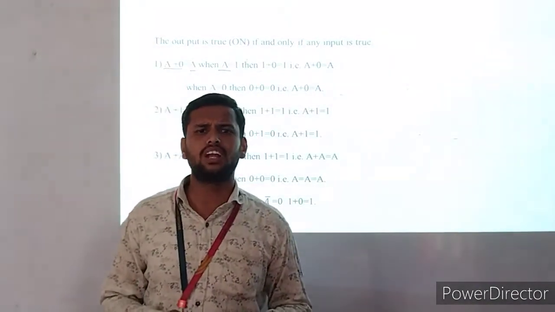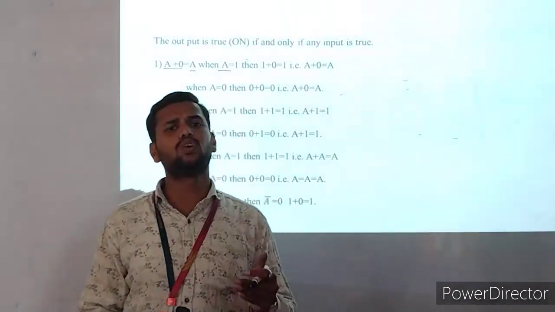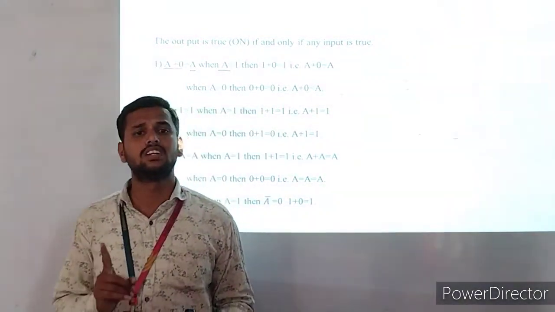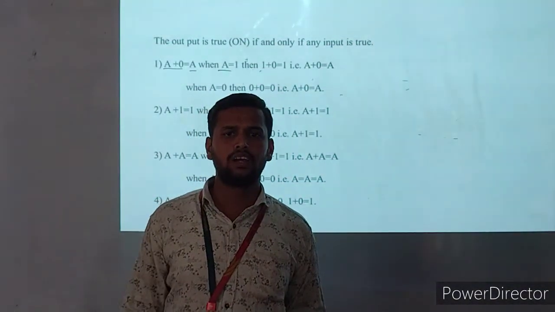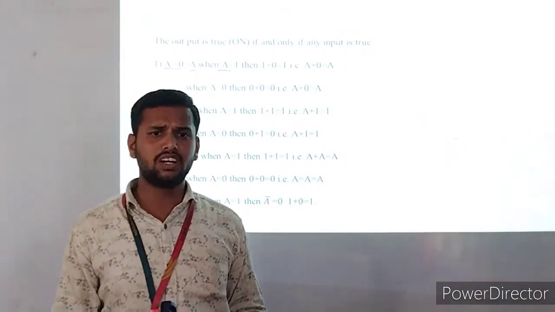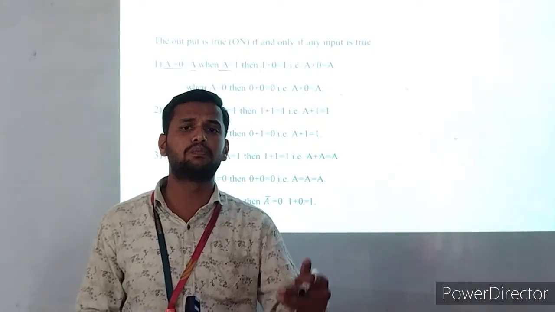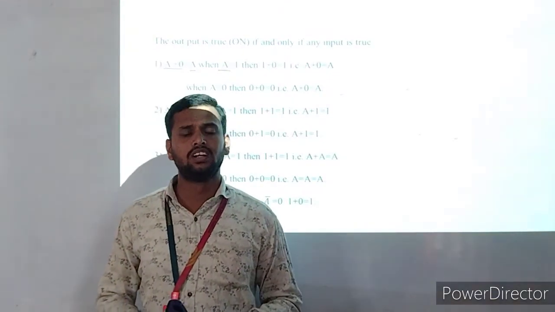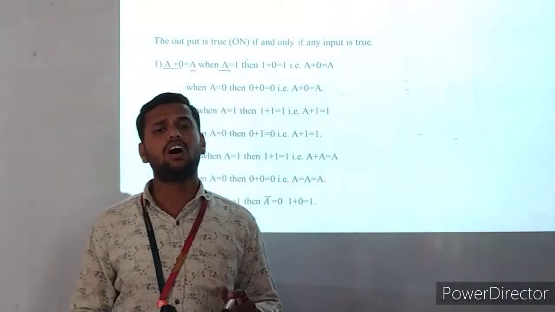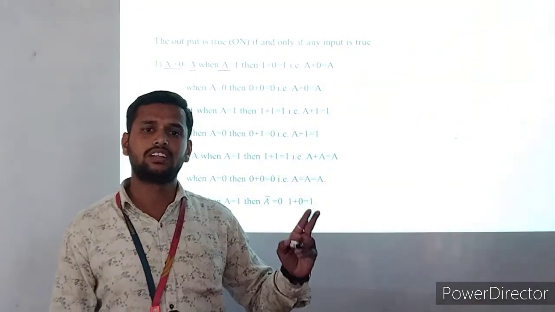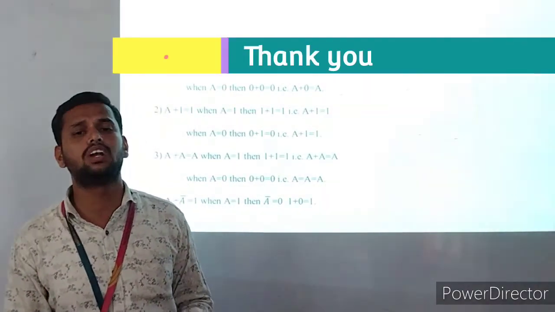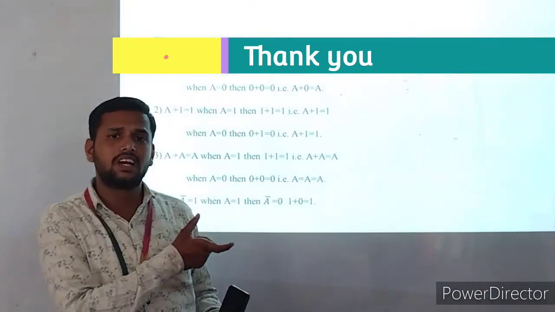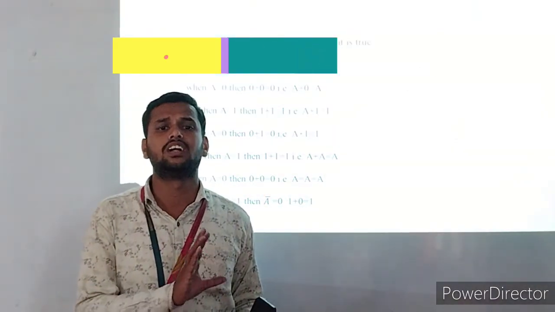At the NOT gate we can use a equal to 0 and the output is the complement. It means the output is true when the input is equal to 0. In the OR gate, if one or more or all inputs are equal to 1, at that time the output is equal to 1. In the AND gate, only when all inputs are 1, at that time the output is 1. That is the logic of the basic gates: the AND gate, OR gate and NOT gate.